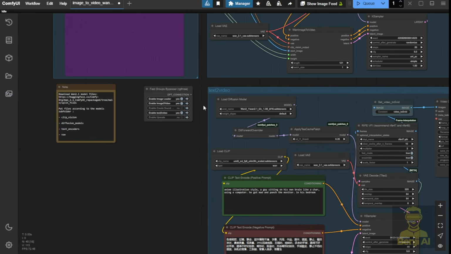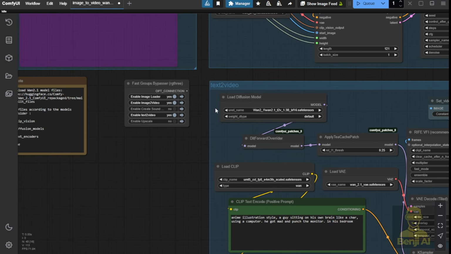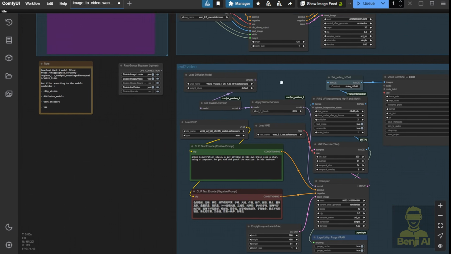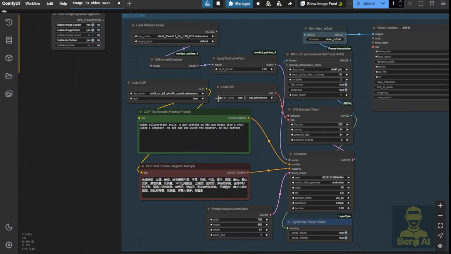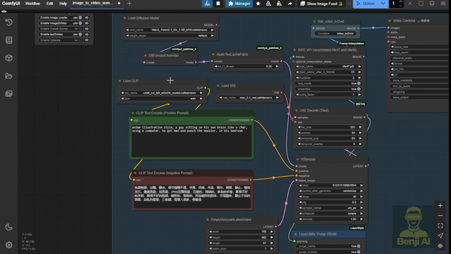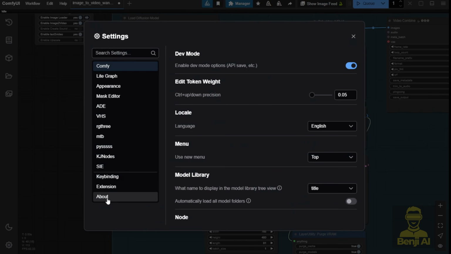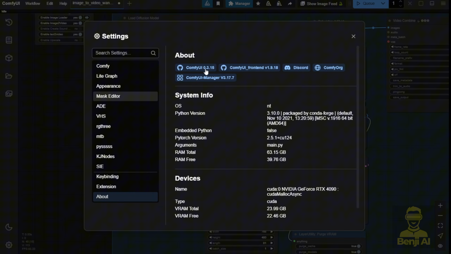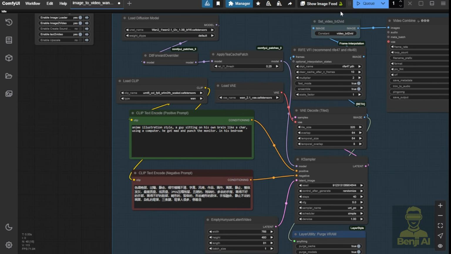I have combined two video generations. One is the image to video, and in this workflow, the bottom part is the text to video, which, as you can see, all the nodes are coming from the native ComfyUI. Before running this, you have to update your ComfyUI first, get your ComfyUI to the latest version, which is 0.3.15. This is going to be the latest update of your ComfyUI version because there's some merge and updates coding